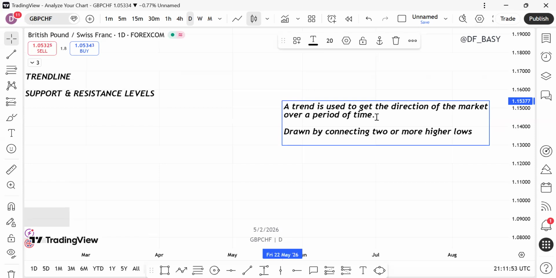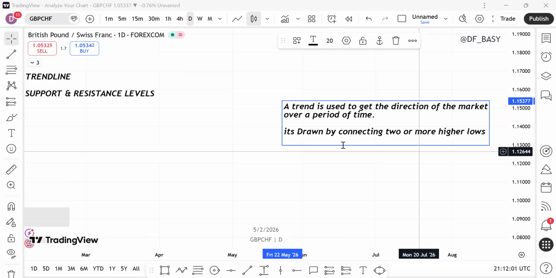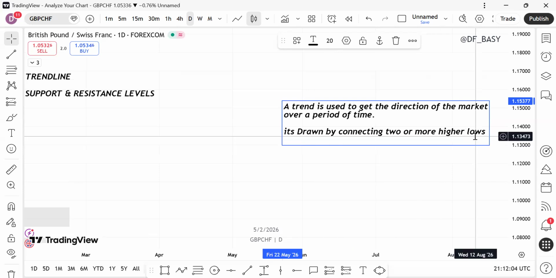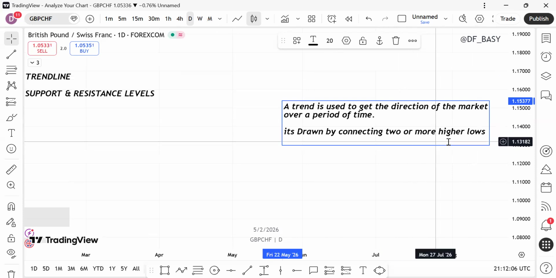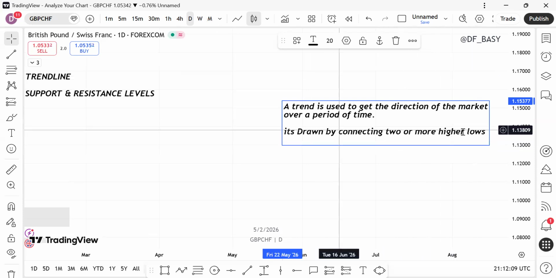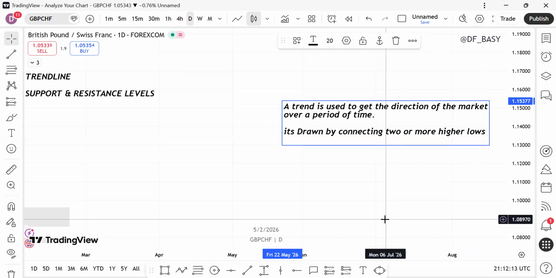Then it's drawn by connecting two or more highs or lows. And it's also drawn by connecting two or more lower highs. Two or more, yeah. So now the lower highs is in the case of,